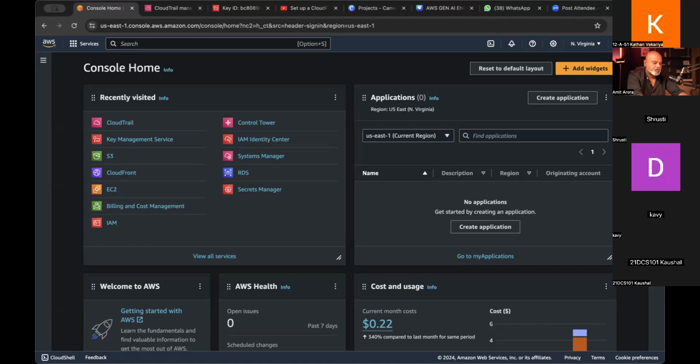Hope you guys can see my AWS console. Okay. If you can see my AWS console,